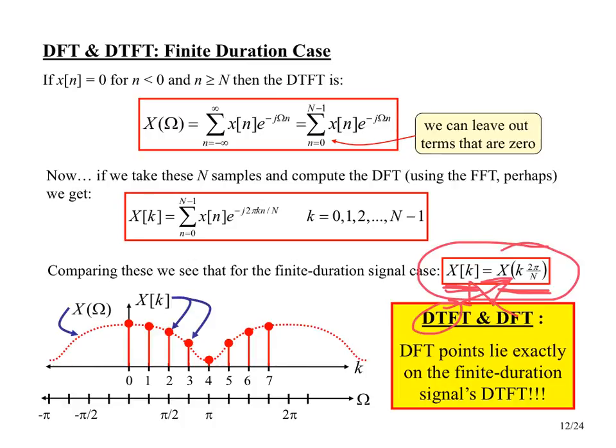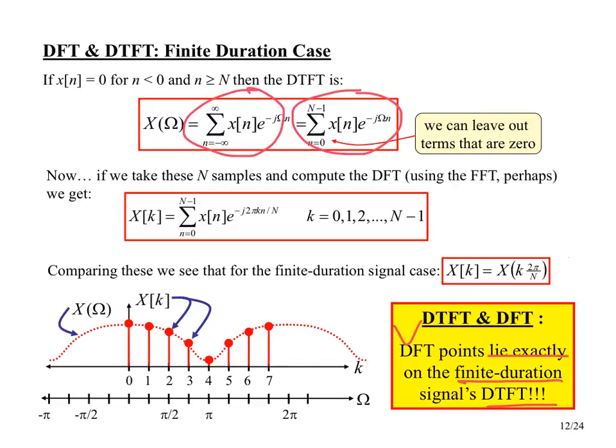So this big yellow box here is what we've just established, and you know me by now. If you're taking this course, you probably already took my Signals and Systems course. You know that when I put a result in a big yellow box with a red border around it, it's an important idea. And it generally encapsulates the big idea that we just developed. So for the finite duration signal case, the DFT points lie exactly on the DTFT. Now that only holds true for the finite duration signal case because we were able to transition from an infinite sum to a finite sum and then just evaluate at specific values of omega. Okay,